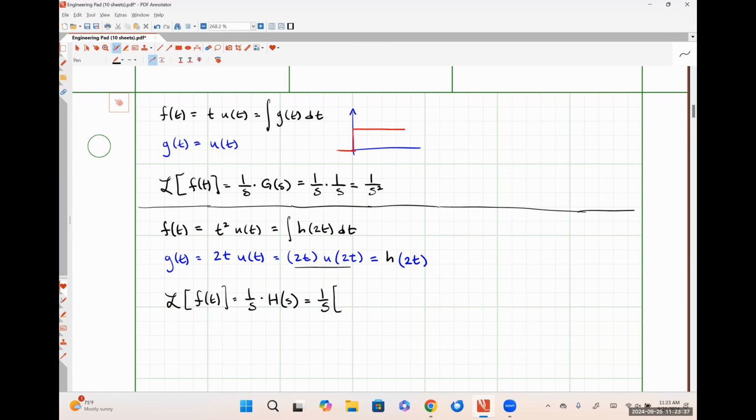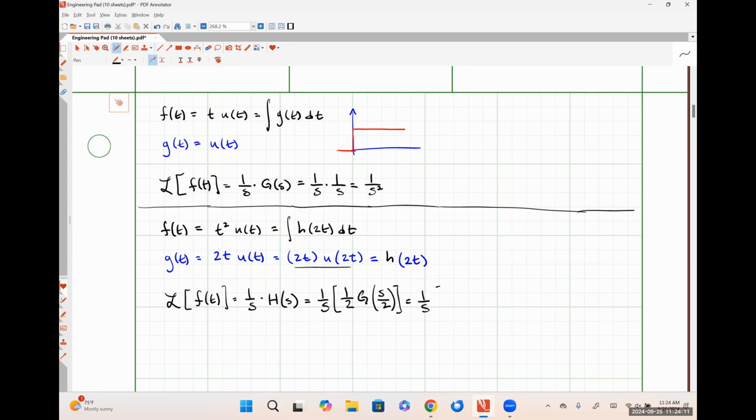So from the time scaling property, we would have 1 over our scaling factor of 2, G of s over 2, which comes out to give us